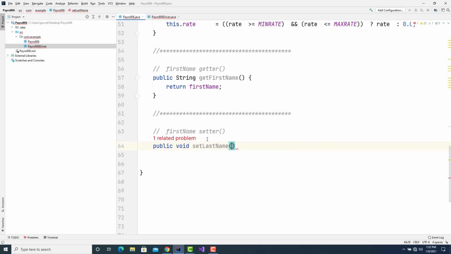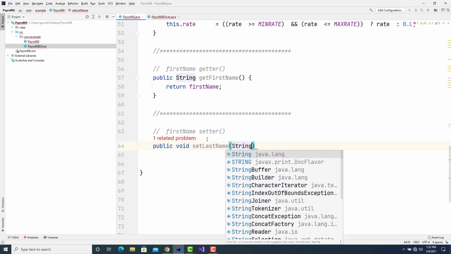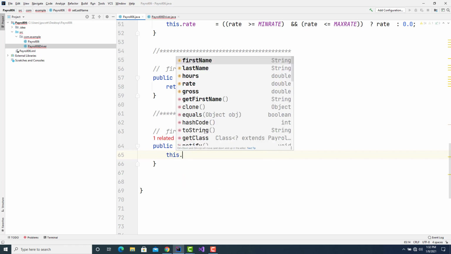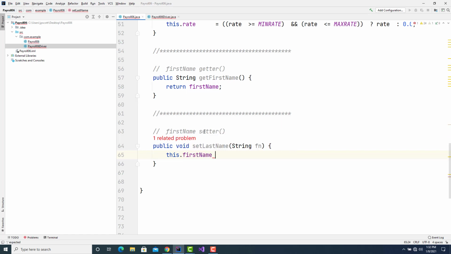All right, we'll put in here string first name. All right, and we'll put in here this dot first name equals FN. I'm still not sure why I'm getting these related problems, but hopefully they're going to iron themselves out. What I'm trying to show you is this, that when you do a getter,